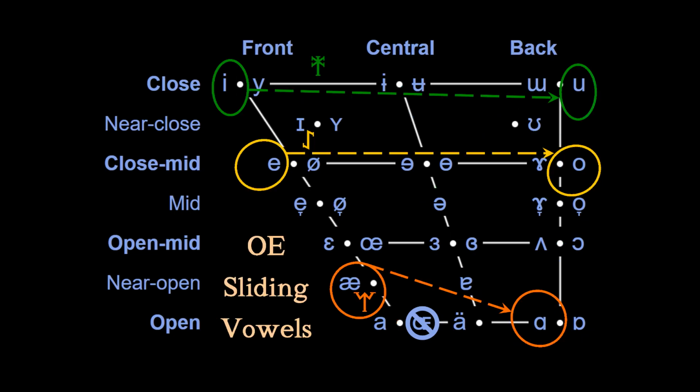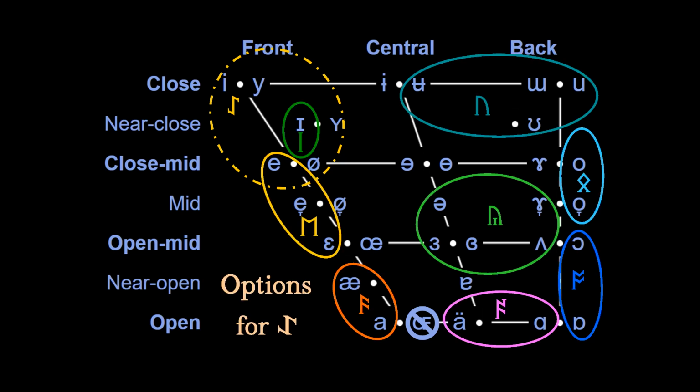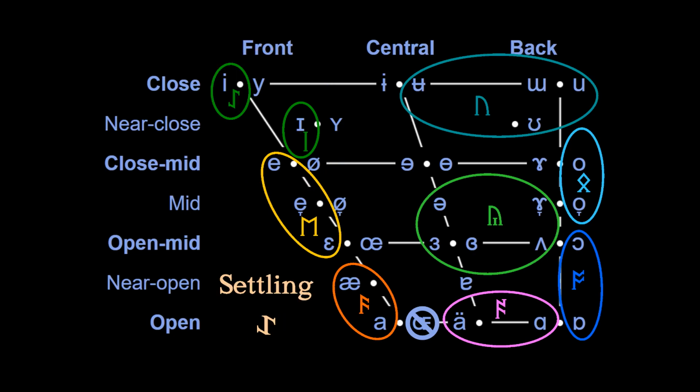Now let's look at sliding vowels. Old English had 3 front-to-back slides. Io didn't always slide as shown, but when it did slide, it had a bad habit of going in all sorts of directions while usually beginning somewhere in this region. Hence why the sound from that period is called unstable I. If we look at where it could be positioned on our vowel chart, 2 of those vowels already have a rune, and the 3 rounded vowels are basically disused today. That leaves only one option.